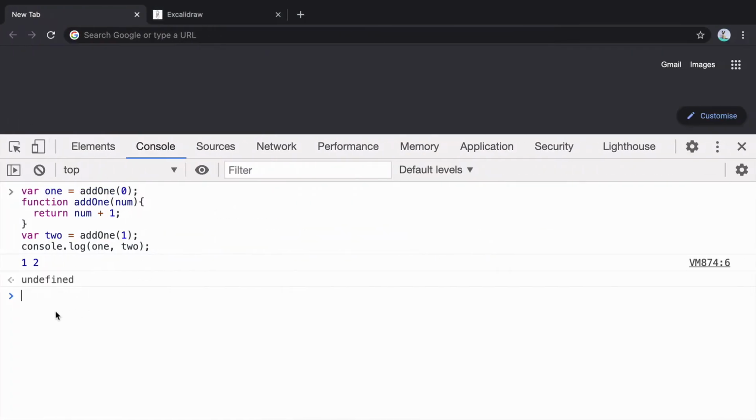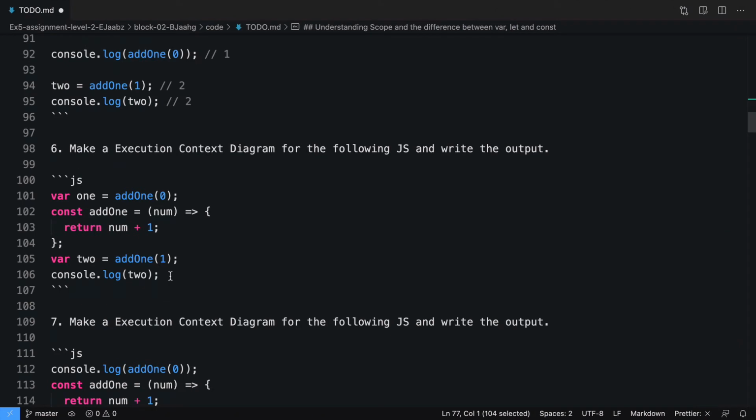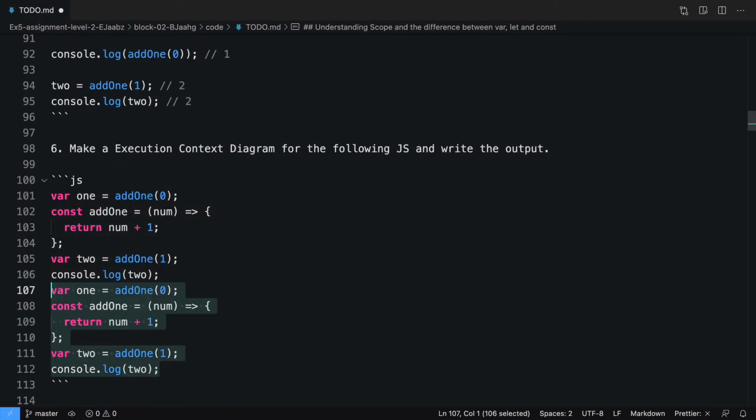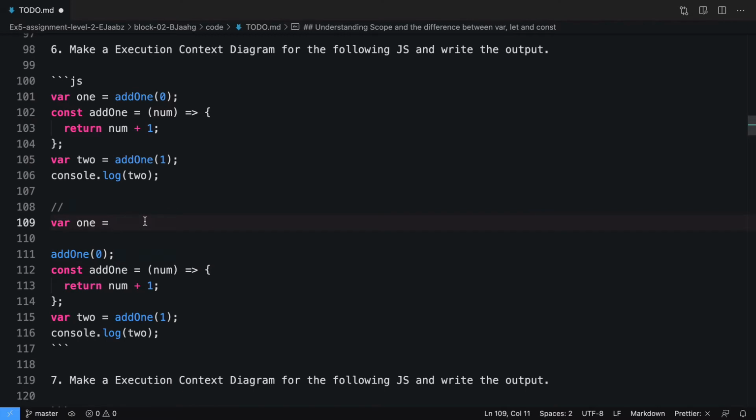Let's just see, press enter, and we can see the value 1, 2. Again, let's go ahead and copy it. The first thing that will happen is variable 1 will be initialized with undefined. In the declaration phase, it will be var 1 is equal to this, but here we have another declaration, so we'll say